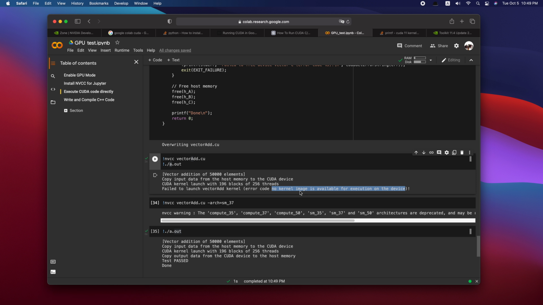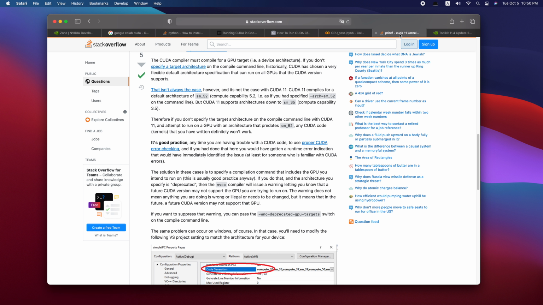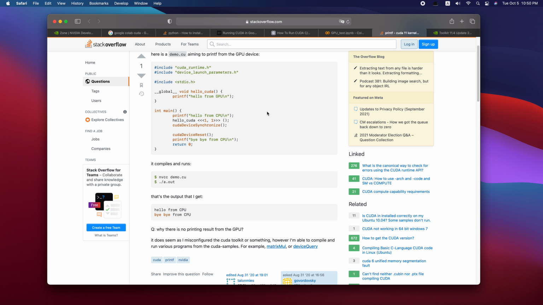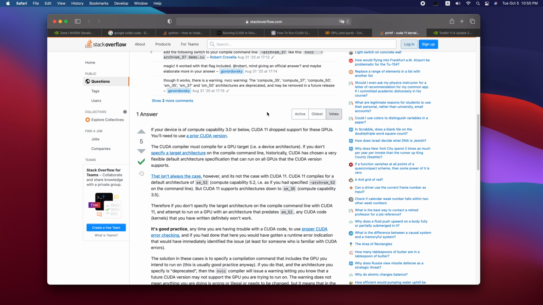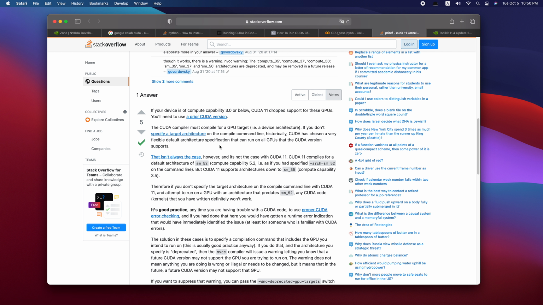So I did some Google search and finally found a very good article on Stack Overflow. It explains that on CUDA 11, there are some differences against the previous version.